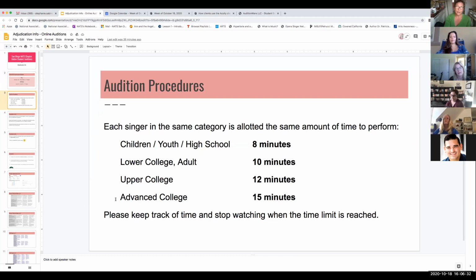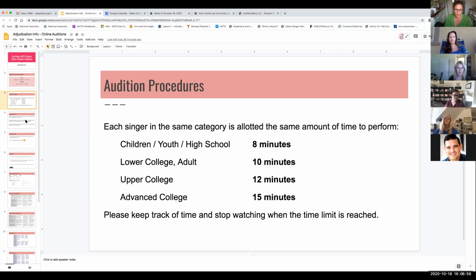We don't have that this year. We're relying on everyone to time yourselves, to please adhere to that time limit. We want to keep things as fair as possible for all of the singers. Please make sure that you're keeping track of the time, and stop when the time limit has been reached.